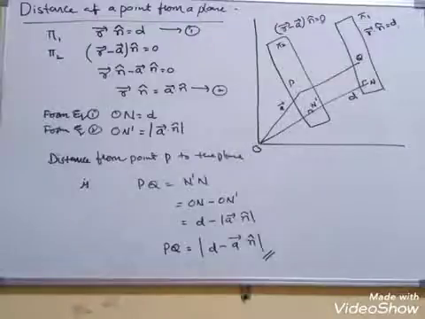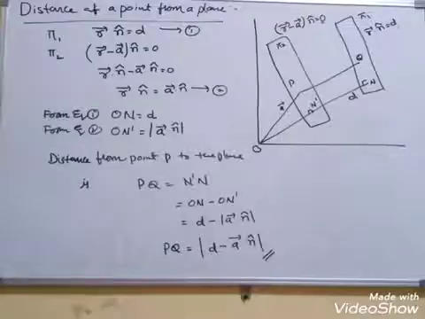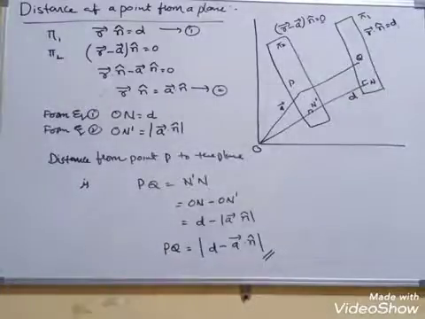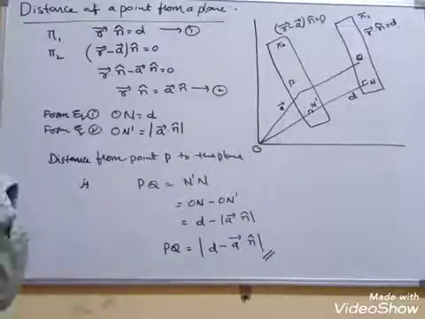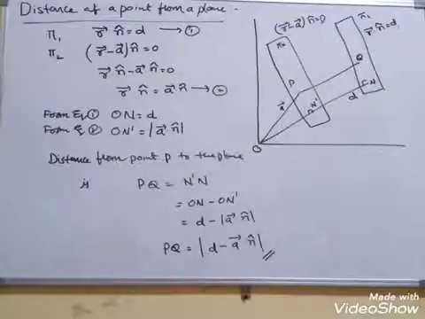And for the second plane, let P be a point in space whose position vector is a bar. Now we have to construct a plane so that P lies on the plane and which is parallel to the given plane pi 1. Therefore, PQ becomes the distance between the planes, as well as the distance from the point P to the given plane. Now, what is the equation of the second plane? We have already completed the equation of the plane passing through a point and perpendicular to a given vector: R bar minus a bar dot n cap is equal to 0.